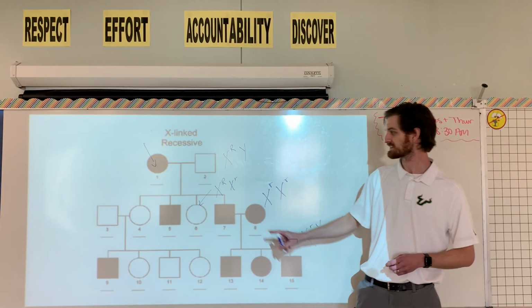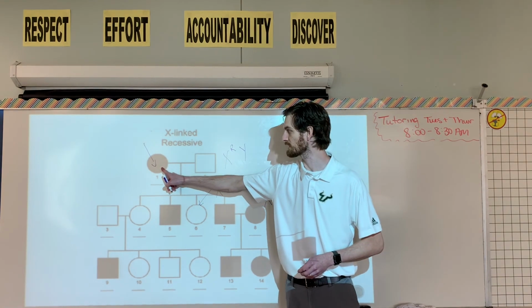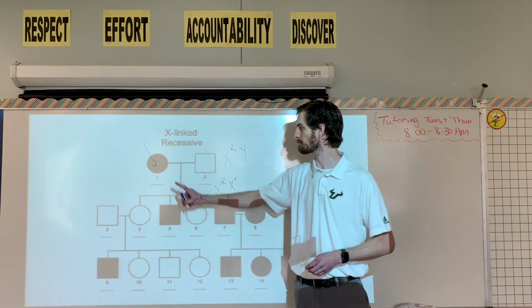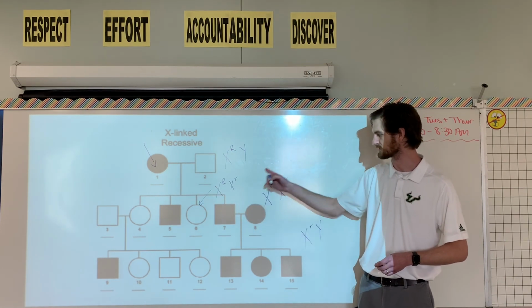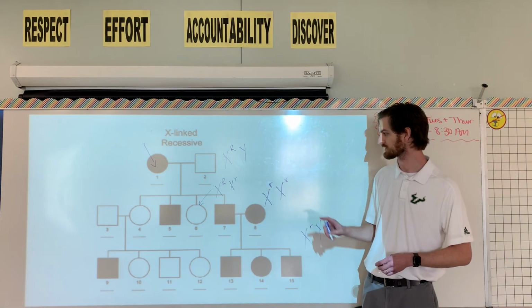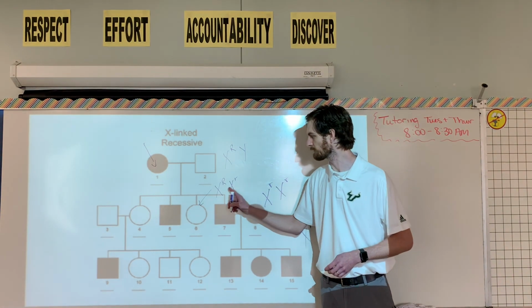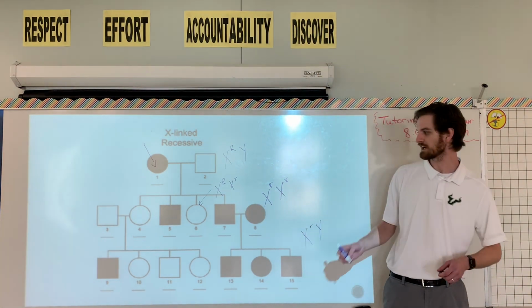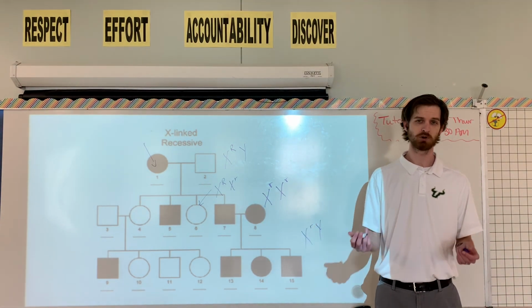The reason I can say with confidence she is a carrier is because her mom shows the trait. If you look up here, you can see that mom actually has the trait and expresses it. So mom's genotype would look just like this one over here, the 2 X's with the 2 lowercase r's. So mom can only give that lowercase r, therefore this individual here is going to be heterozygous, or a carrier. Okay? Hopefully that helps you understand a little bit more about Unit 6